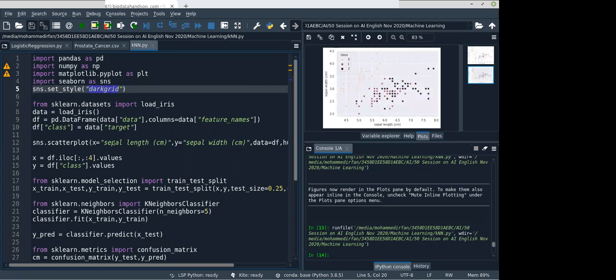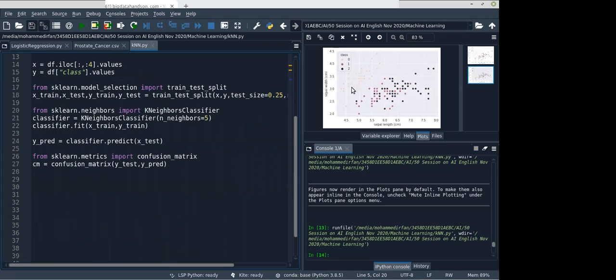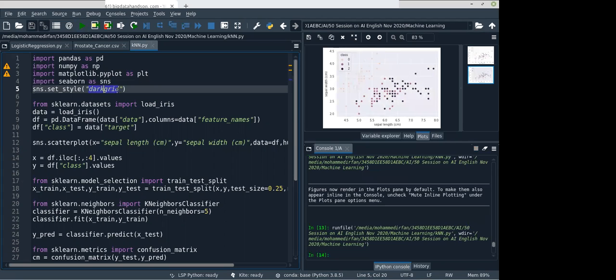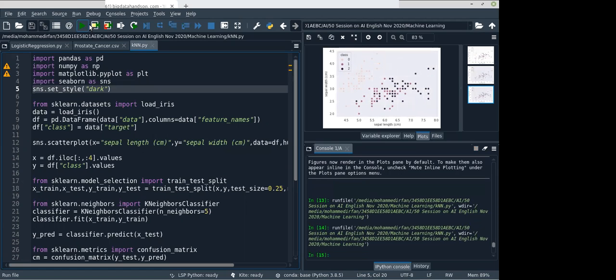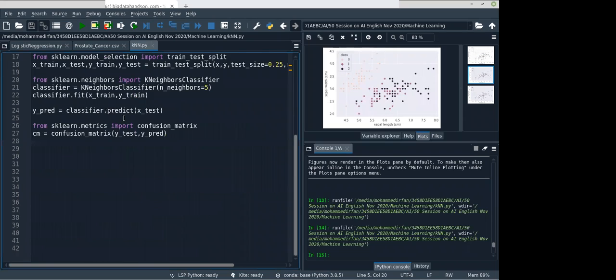Oh, it is not changing. Okay, it's just changing the background to dark.